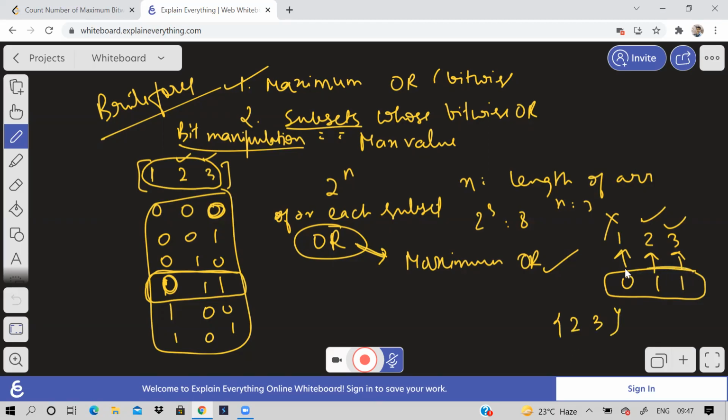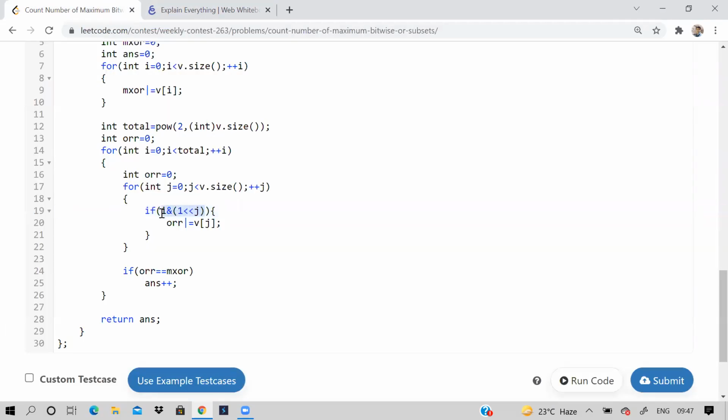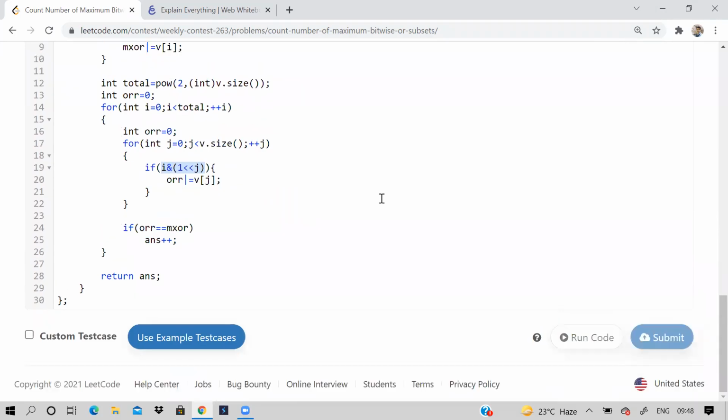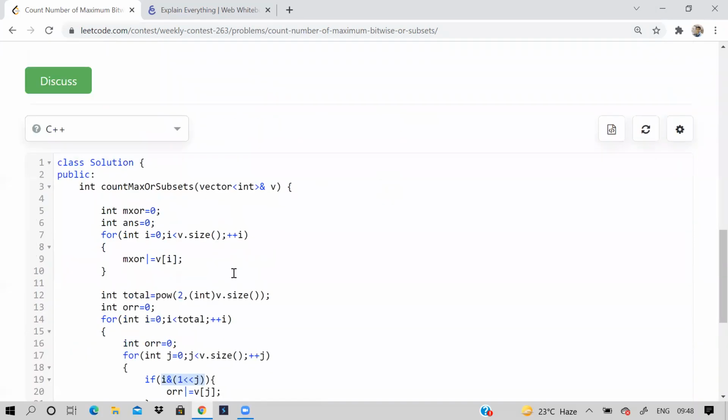Now to generate all these bit values and to check which element should be considered in the subset, that is why we use bit masking here. So if you still have doubt, please watch that LoveBubber DSA sheet bit manipulation videos. I'll put the iCard here in the top right. So basically this is how you solve, and anyway it is accepted.